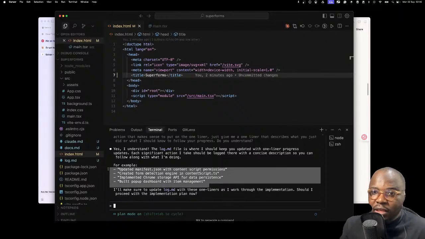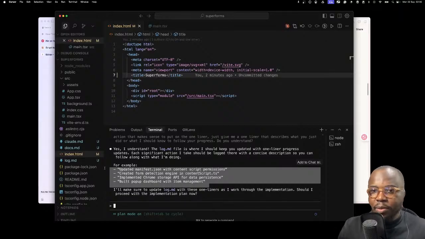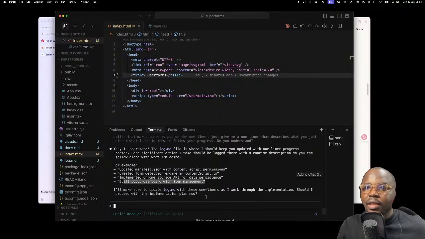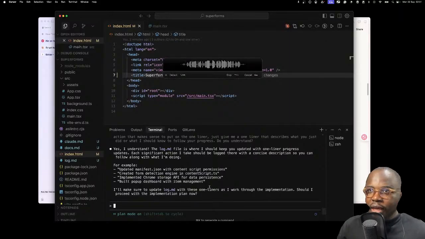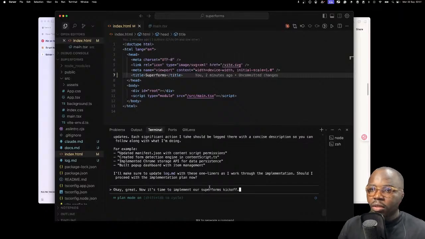This is great. It also helps you when you're trying to create a snapshot of whatever you're doing. For every working part of your code, you can say, okay, this is a snapshot. I like it. It helps me do that, and I started doing that recently. It just makes me understand what just happened: oh, line 17 happened, this is what happened there. All right, beautiful. Okay, great. Now start implementing our super forms. Kick off.